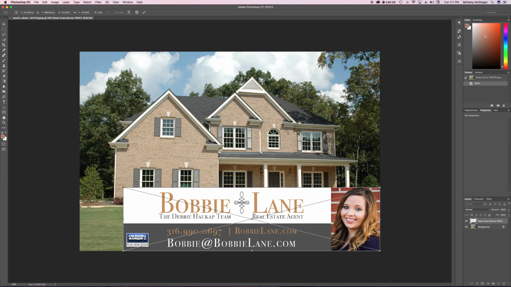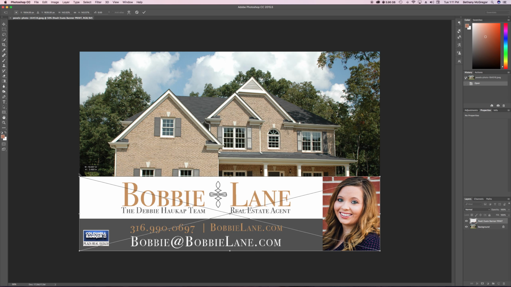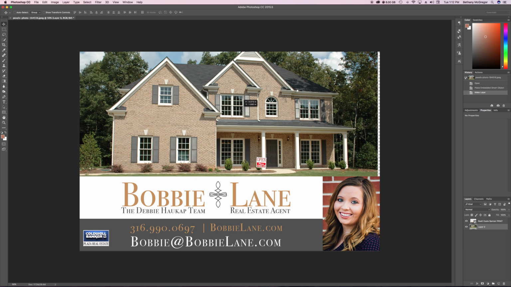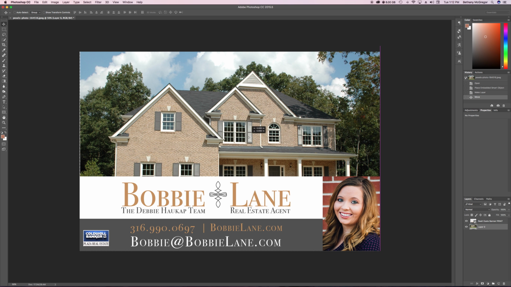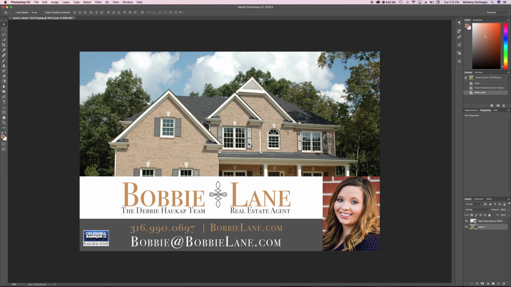So we can pull these corners out so that it's the same width as the image. And that's all we really want to do. We just want to make sure that it's going to reach across the whole image. But you're going to say, but wait a minute, it's taking up the whole bottom of the page. That's fixable. Depending on the image, sometimes you may want it to go across the bottom of the image. Or if you have a narrower image, or if there's a large piece of grass, this would be perfectly fine. Say if the grass were really long, you were going to be able to put it right there. Now, because this image is not that way, it does not already have a big open base area,